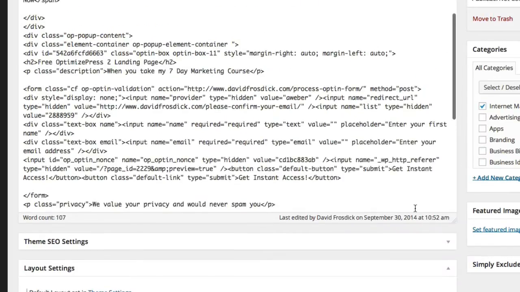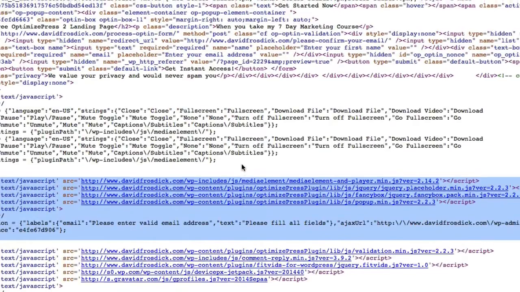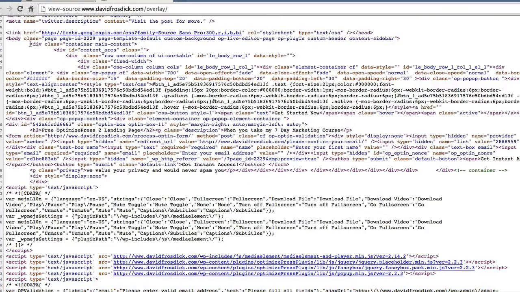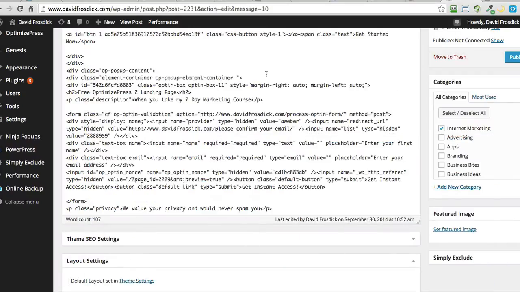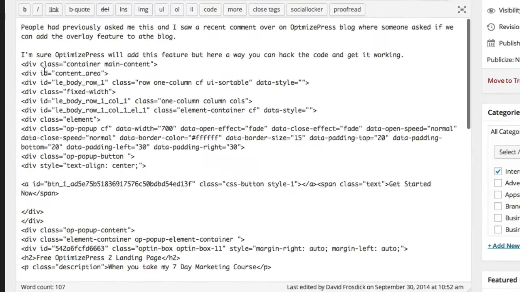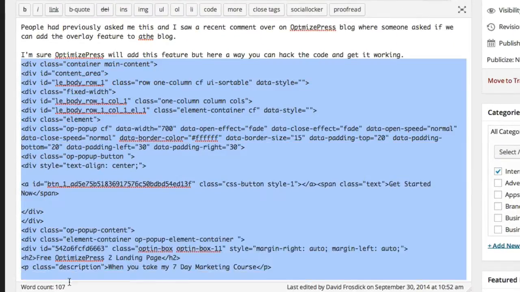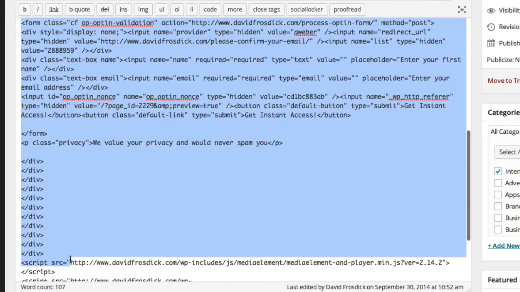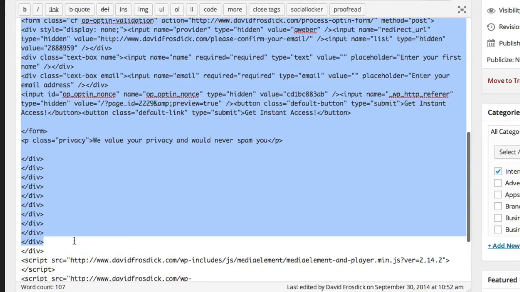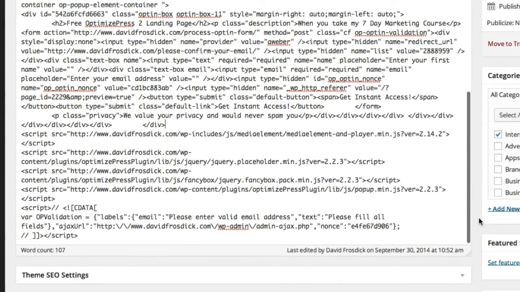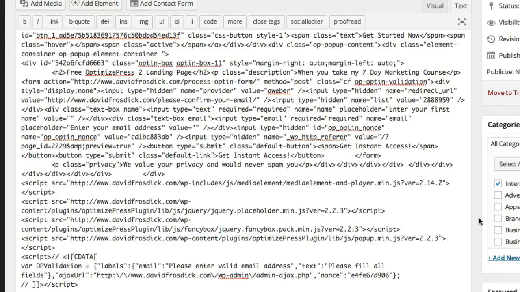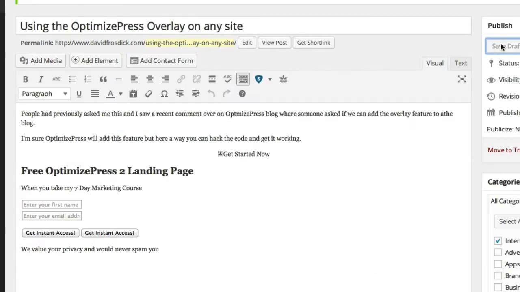Okay. What I'm going to do is copy the code again, just in case I've missed some things. I'm going to take this whole container right away to here, Control C, Command C. I'm going to paste it back in here again. Now, obviously, this is going to be different for some different blog themes you might have. You might have other plugins as well that conflict with how these scripts work. So I know this is technical and it might seem like a long-winded way of doing it, but it does work. So if I go back and save draft again,